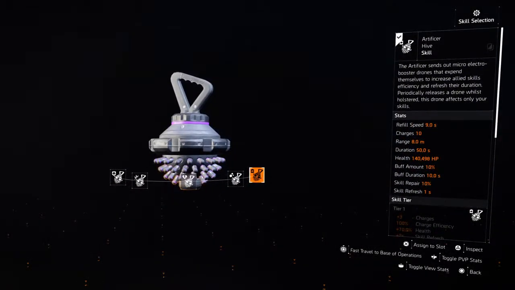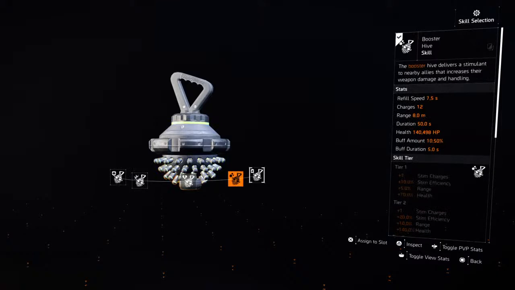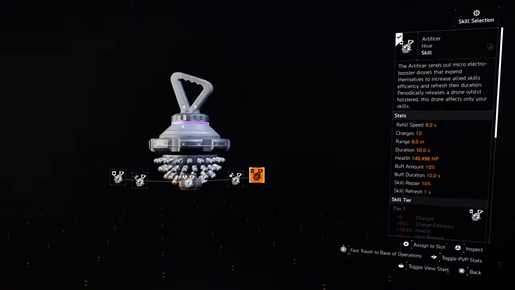Okay, so this one, as you see on the top right, I'll read the main part. It lets out little booster drones, which are those little glowing dots, and depending on the color will depend on what it does. As you see the bar underneath the handle, it could be different colors. Different colors represent different abilities. So this one, the why it went purple, I'll